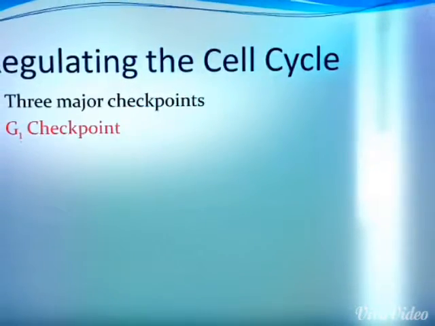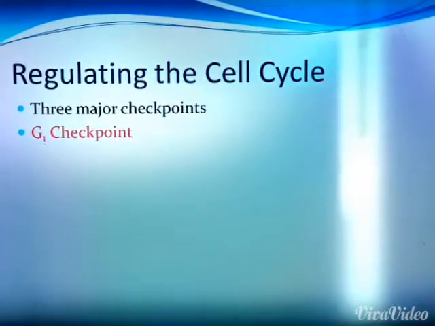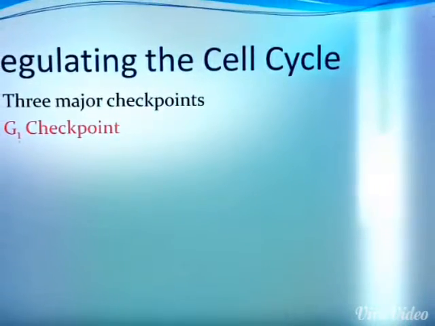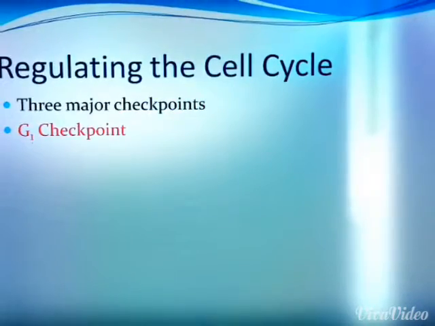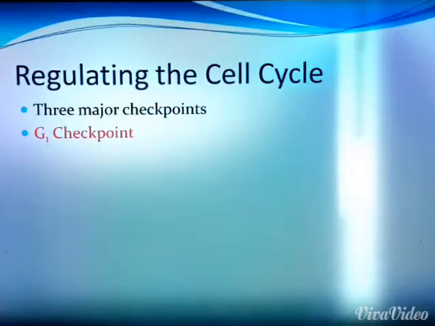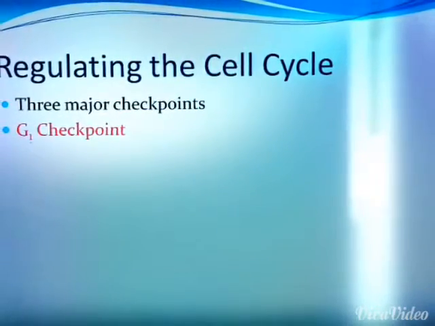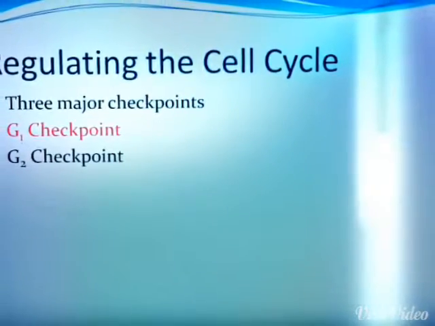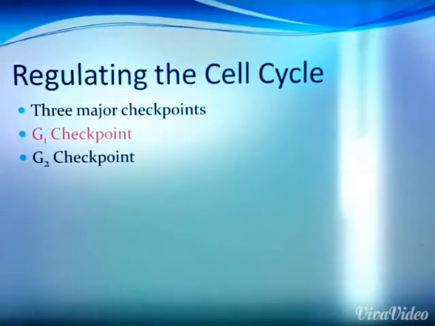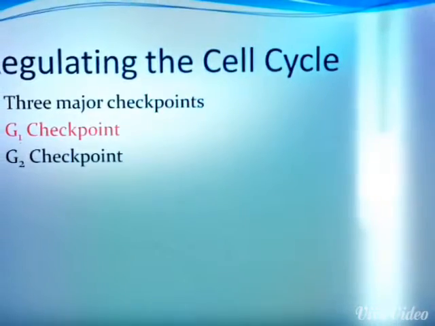The G1 checkpoint is the most critical, being that it's the first of them all. It takes place towards the end of the G1 phase and it analyzes the DNA. When an error in the DNA is discovered, then the DNA repair enzymes attempt to fix it. However, if the error can't be fixed, then the cell undergoes apoptosis, which is just a fancy way of saying cell death. The G2 checkpoint takes place towards the end of the G2 phase. This analyzes DNA and determines whether or not it's ready to undergo mitosis.